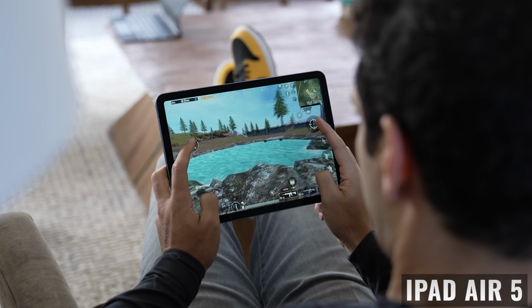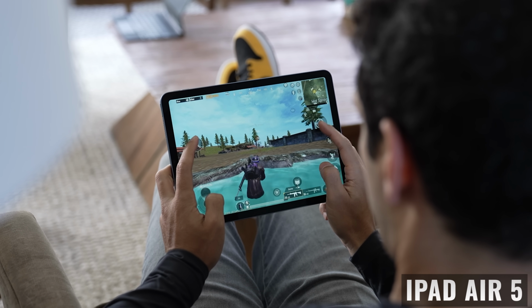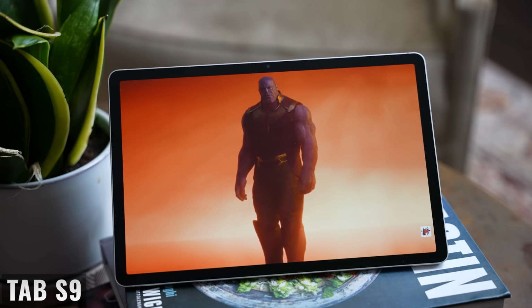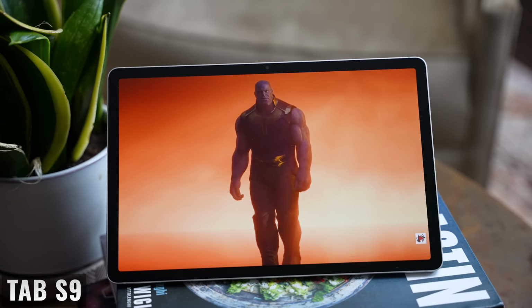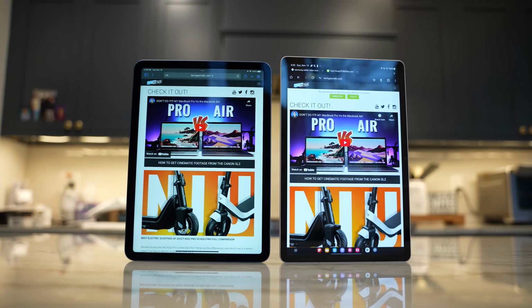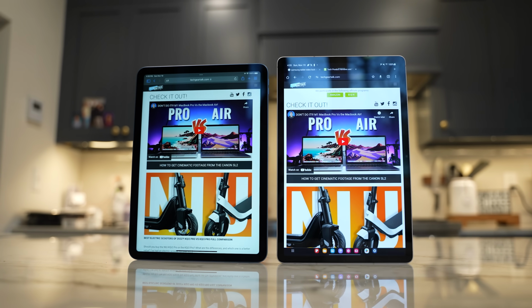Now, as far as the quality of the display, they're both quite good when you're playing games, watching movies, surfing the web, or editing photos and videos. But I'm definitely going to give the edge to the Tab S9. The image quality is just fantastic, and I love that Samsung now offers their best display in all three tablet sizes. Now, one advantage of the iPad Air 5 is that the display is a little less reflective. So if you plan on using your tablet in bright environments or when you're outside and you have to deal with reflections, that might be a consideration.